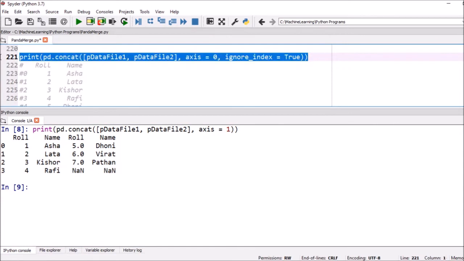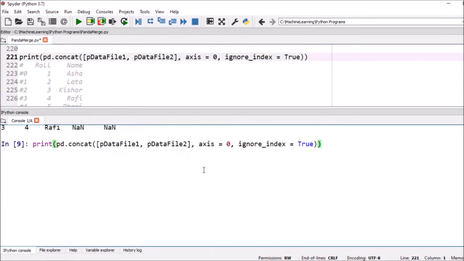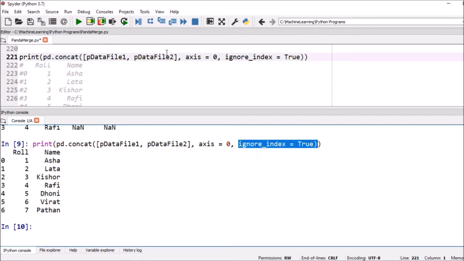With ignore_index, we ignore the original indices of the DataFrames and it puts new index values. You can check the indices, now they are continuous. So if you need fresh indices, we have to use ignore_index equal to True.